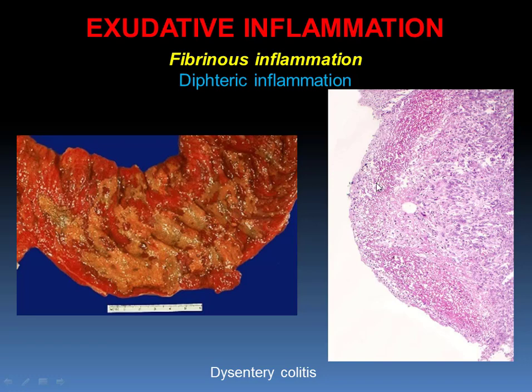Microscopically we see a large area of necrosis infiltrated by fibrin and multiple neutrophils with single macrophages. Hyperemia and edema of the tissue is present. The mucous membrane in the intestine is totally absent because it is necrotized. As I told before, complications of diphtheric inflammation are usually more severe than in croupous, including scarring, organization of exudate, severe bleeding and even perforation of the hollow organs.